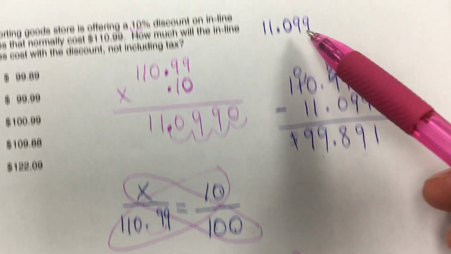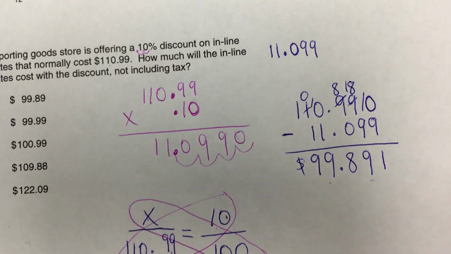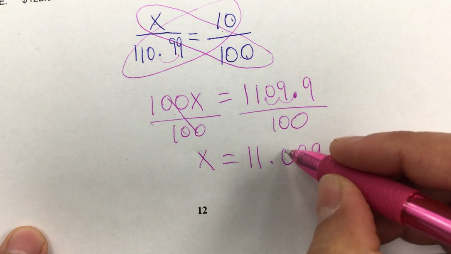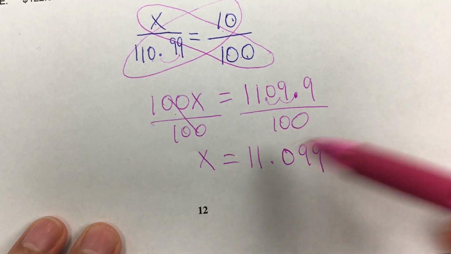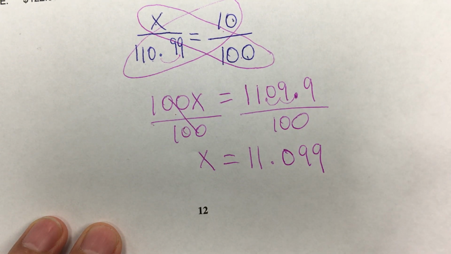11.099. Or over here by just going back 1 decimal place. So whichever works for you, use whatever is easier, okay? Or whatever you remember the most. Once you get that, you just subtract it from the original price, and that's how you'll find the price on